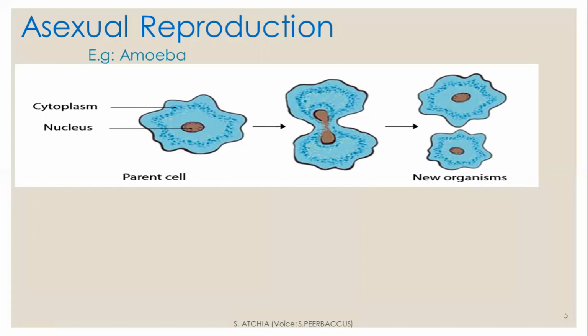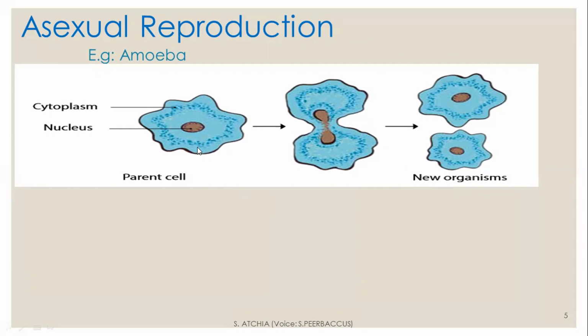The two cells are said to be genetically identical to each other and also identical to its parent cell. Asexual reproduction therefore involves only one parent and producing two individuals which are identical to each other and also identical